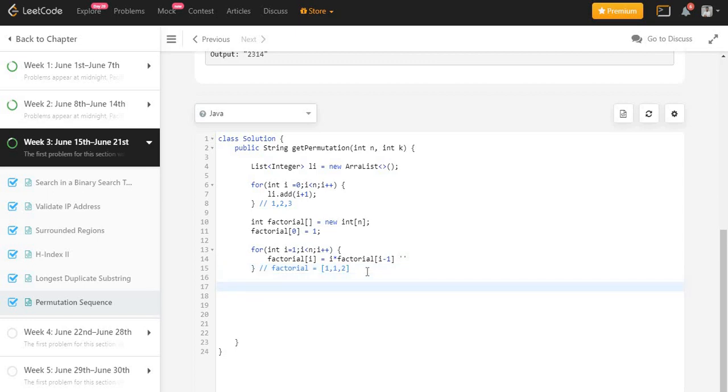Now I will create my string. Since we are using an array and starting from index 0, at first I will reduce the value of k: k equals k minus 1, since we are considering from the 0th index.